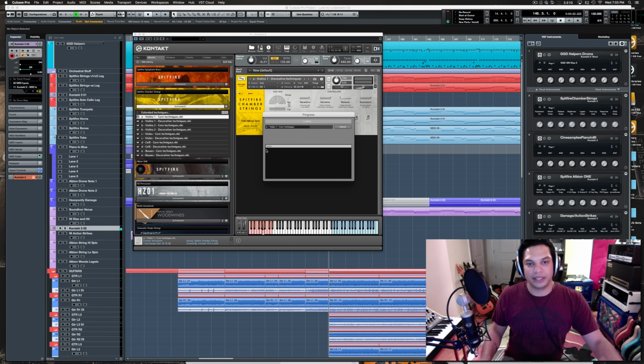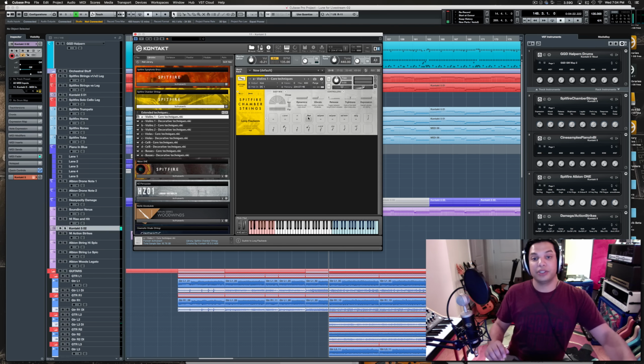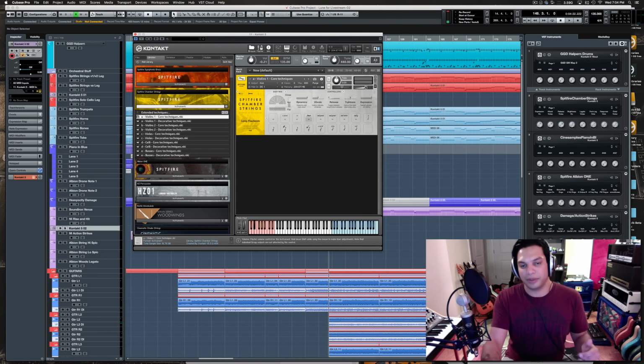So this goes really in depth, as you can see. This is what you get if you get the specialized version. You get Con Sordino, which is where it has a mute. Harmonics, which I never use. But then you get Flautando, which is one of my favorite sounds. It's played a very specific way. It's supposed to sound like a flute. It kind of does.